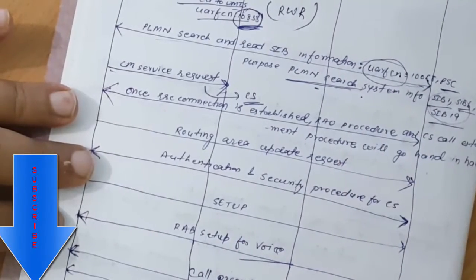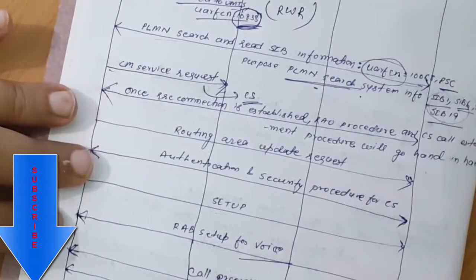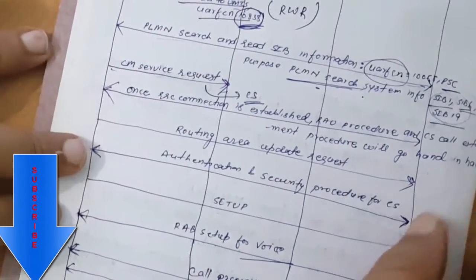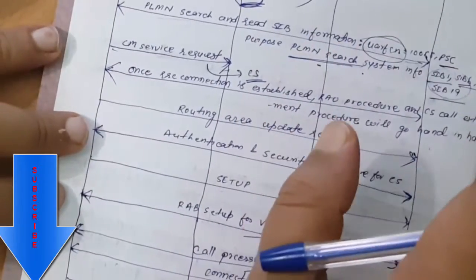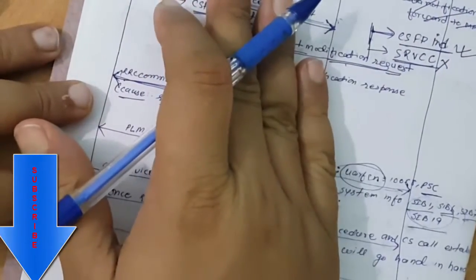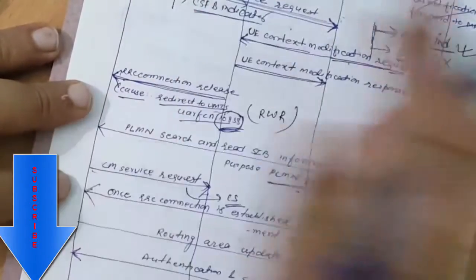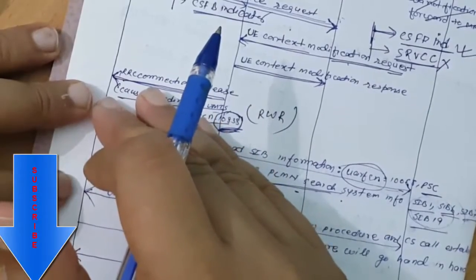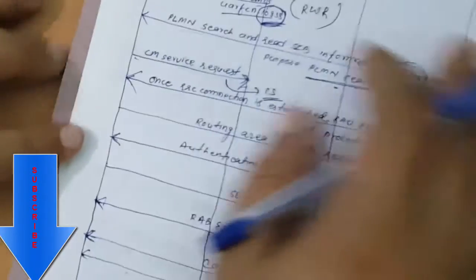Data will be ongoing, and data will start in the UMTS network. So there are two possibilities. But in some cases the data is suspended for some time, and it will resume when the UE comes back to the LTE network. So this is the process.